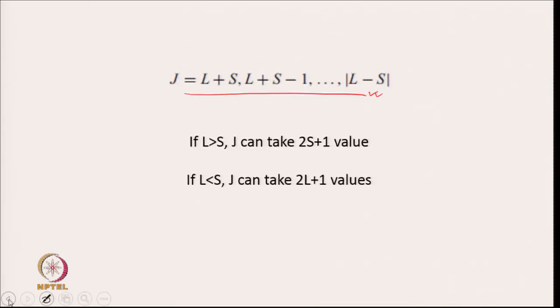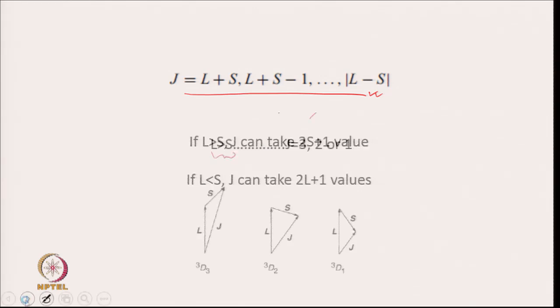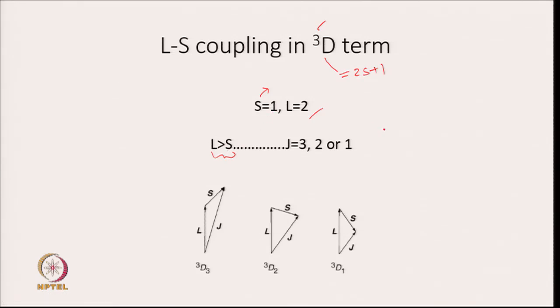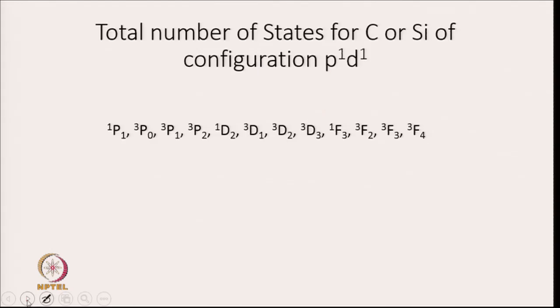So, let us see here. If L is greater than S, then J can take 2S plus 1 values. 2S plus 1 is 2 into 1 plus 1, which is equal to 3 values. So J is 3, 2, 1, and this value will come in the term as a subscript. Total number of states for carbon or silicon of configuration p1 d1 will be your